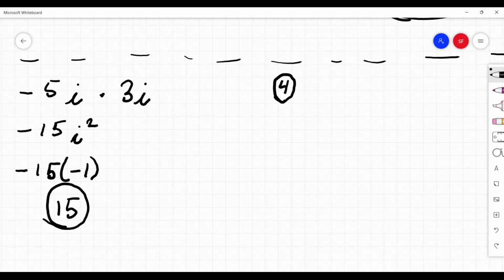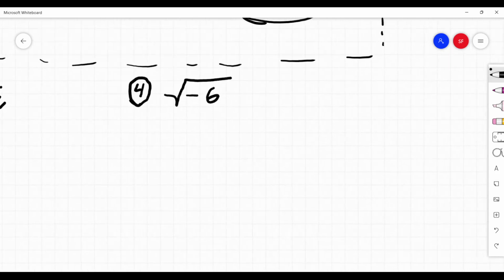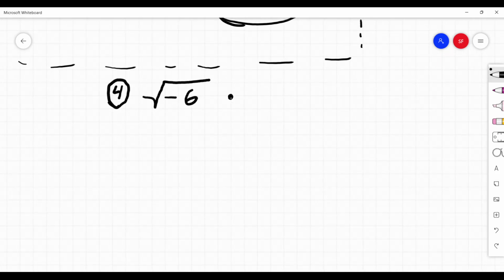Okay. Number 4. The square root of -6 times the square root of -15. So we can go the other way around, do the opposite like somebody said. Okay? And we can write this as the square root of -6